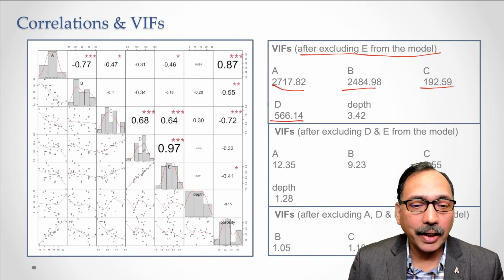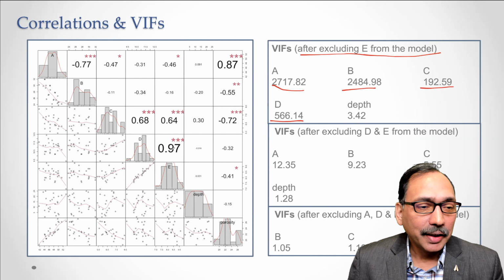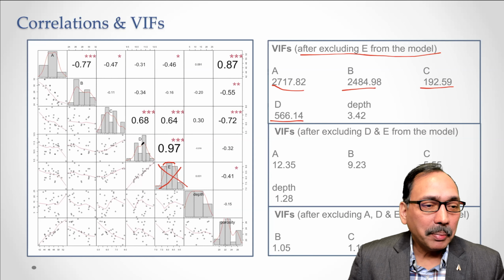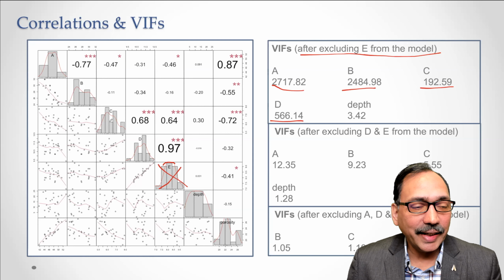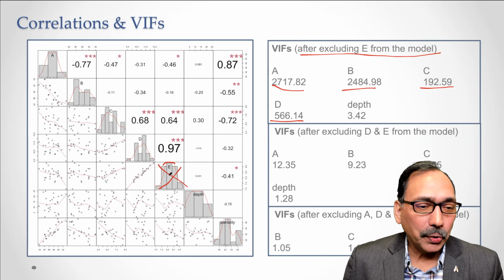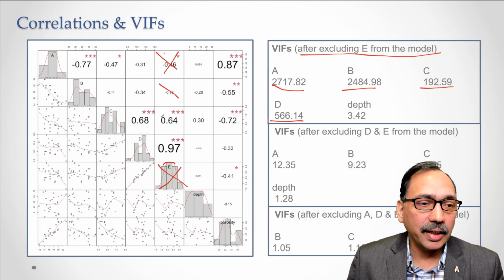What should we keep and what should we drop? Recently we dropped E, so this is anyway out, and D had a strong correlation with E. But D also has strong correlation with C. You can see 0.68, so 3-star correlation. So if I have to choose between D and C, obviously we cannot keep both because the correlations are high. So because E is gone, actually this entire column is irrelevant.